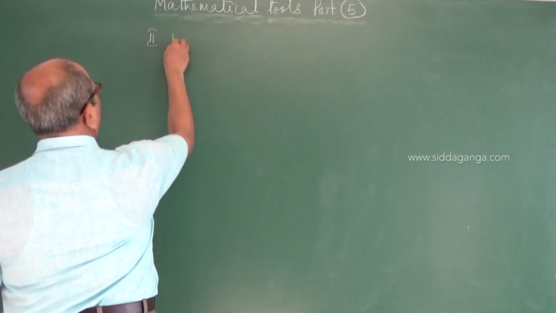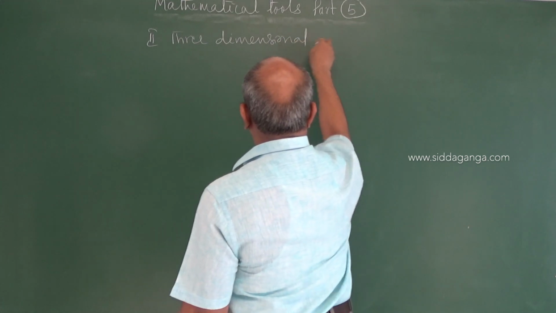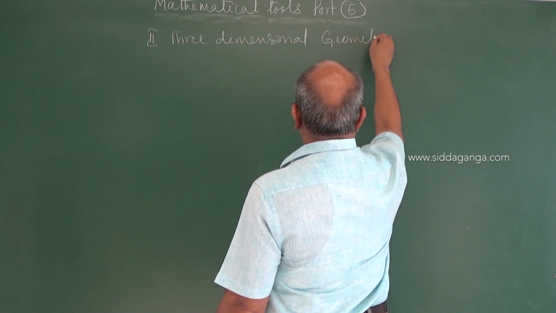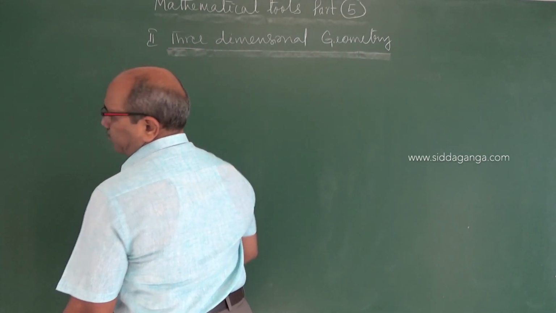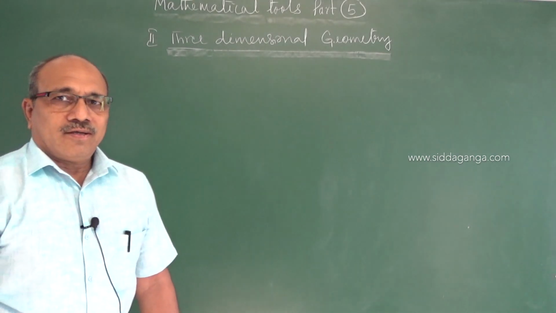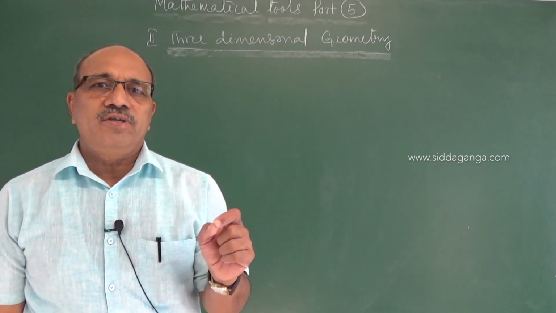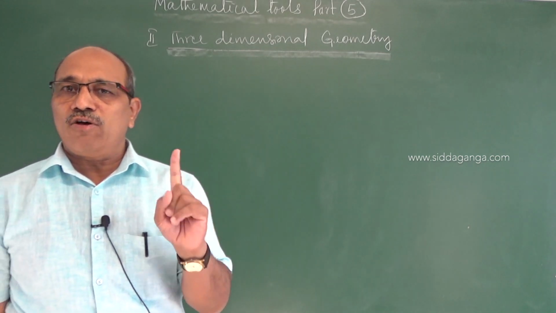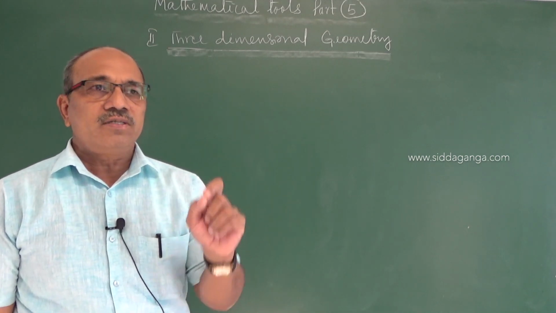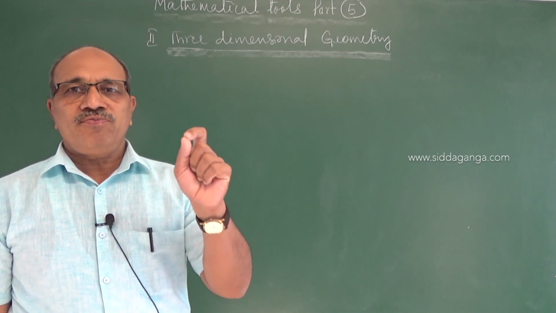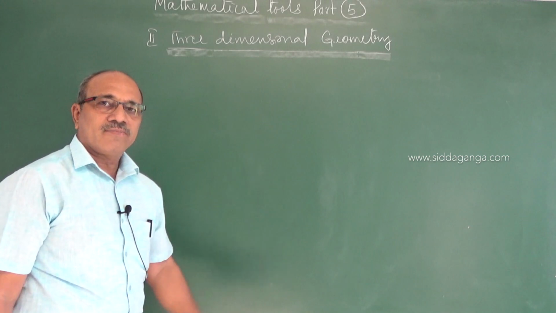Now the second, coming to 3-dimensional: locating the point in 3 dimensions. We understood how to locate or fix a point in a plane, which is 2 dimensions, and along a line, which is 1 dimension. In space, if you want to fix a point, it is 3-dimensional. We have to study the spatial point here.